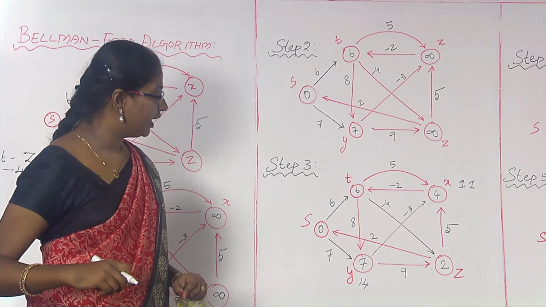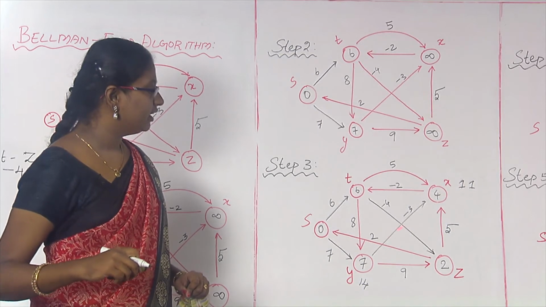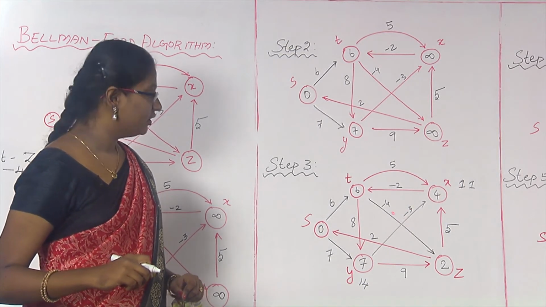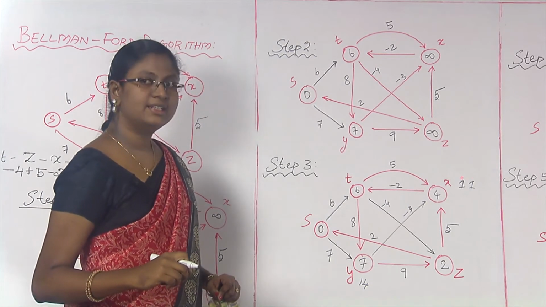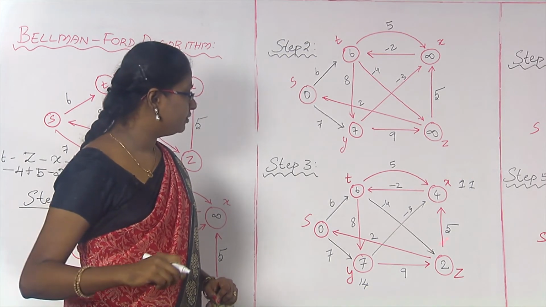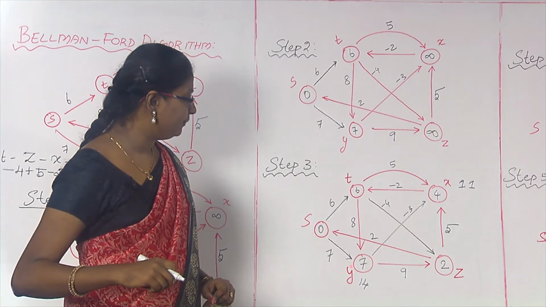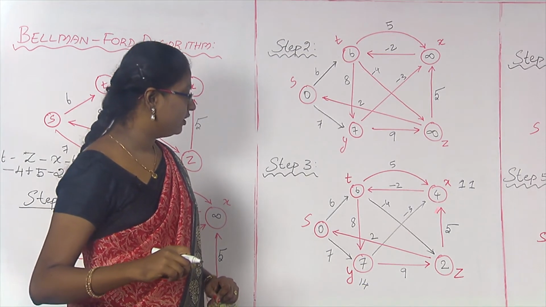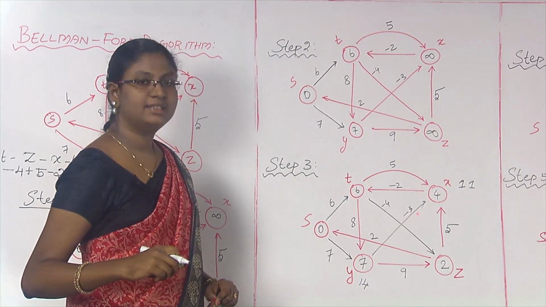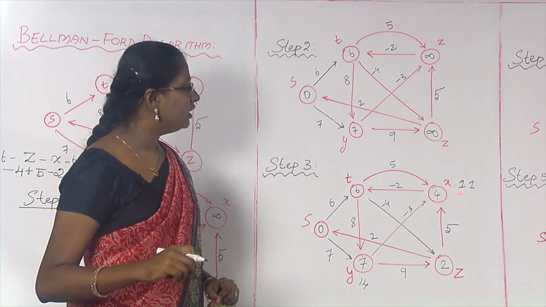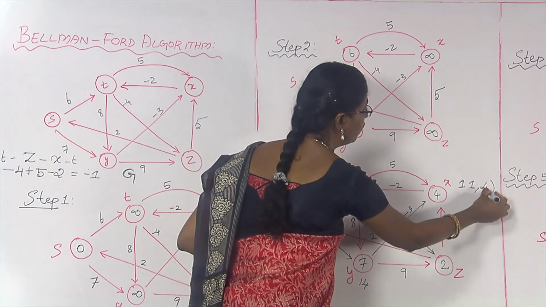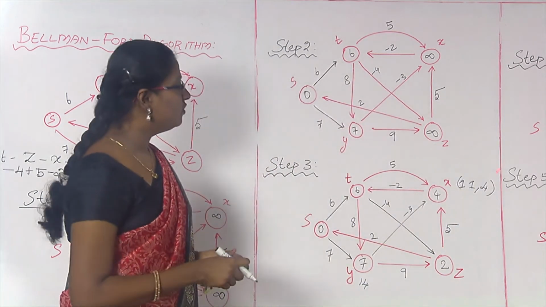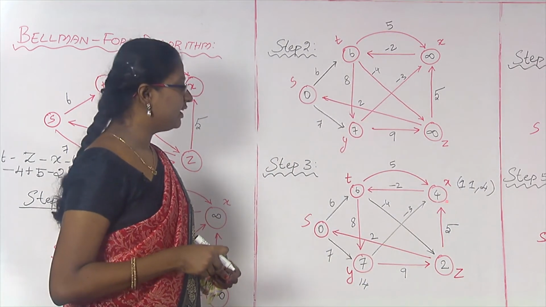Here I have an arc from y to x with a weight of minus 3. So, minus 3 is the weight from y to x. Consider the path from s to x like this, s to y and y to x, that is 7 minus 3, the weight is 4. We already had 11 here, so 11 comma 4. Out of these two values, 4 is the minimum one. So, I assigned 4 here.